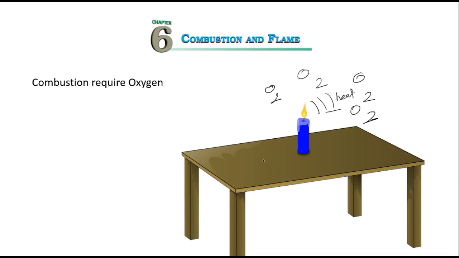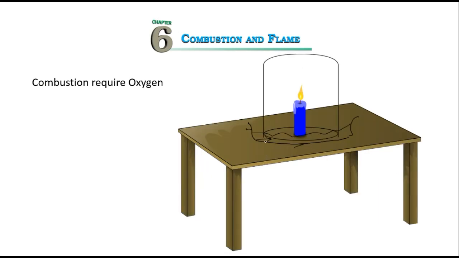So what we do, we keep a container over it in such a way that no oxygen is possible to get inside. Now whatever oxygen is there will be consumed, because this continuously requires oxygen. So that will be consumed, and a stage will come when all the oxygen gets over,